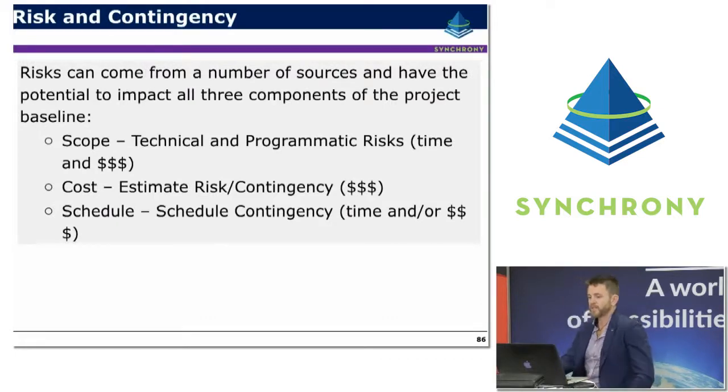So risk and contingency really work hand in hand together. This is where risk really joins in with the whole earned value management process very intimately and the whole cost control process. Risk can come from a number of different sources and have the potential to impact the project scope, cost and schedule. Allocating contingency is a way that we anticipate and expect that risk on a project, and we allow for it. We create some buffer to allow for that uncertainty that we're going to have to deal with.